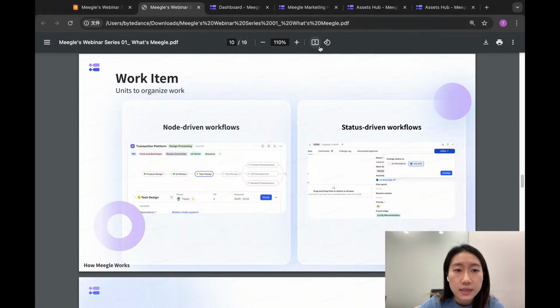In Meegle, there are two types of work items. They are known as units to organize work. You can either choose to create a node-driven workflow or a status-driven workflow. So what is the difference? A node-driven workflow focuses more on the overall process, so we clearly see the correlation between each node and their connection to another. And a status-driven workflow focuses more on the current status and what we can carry the status to